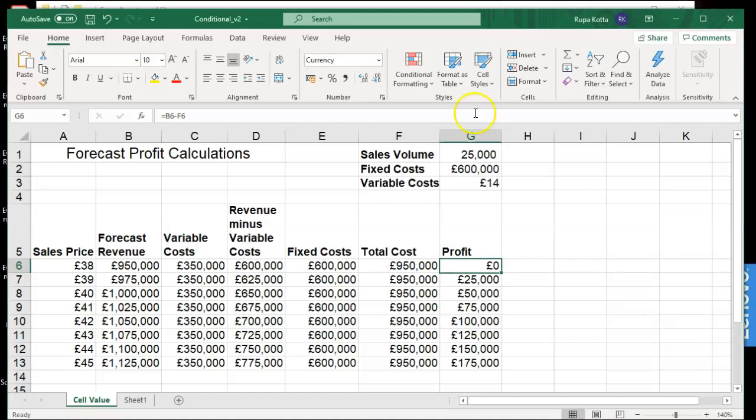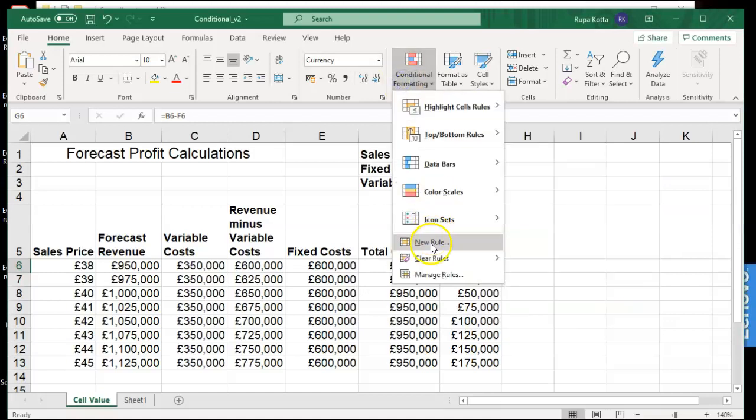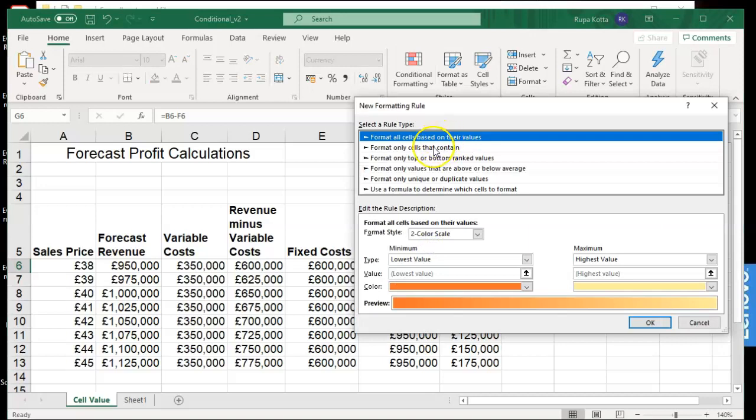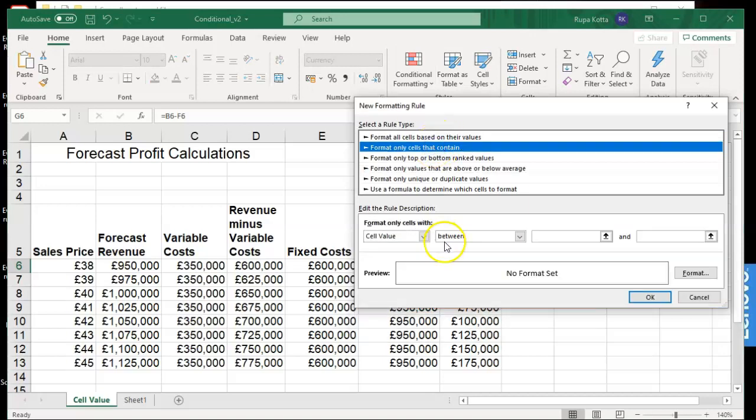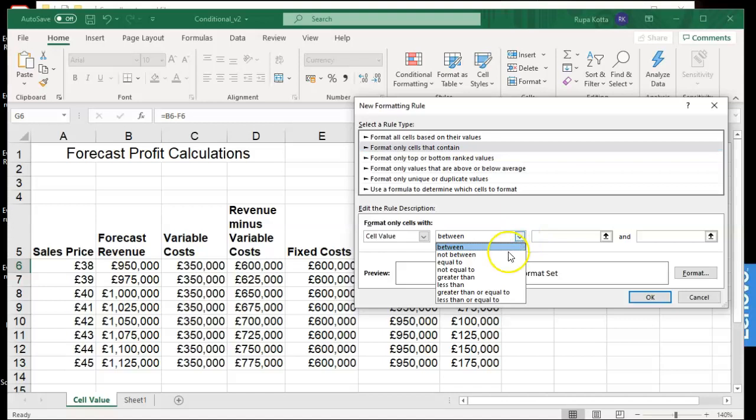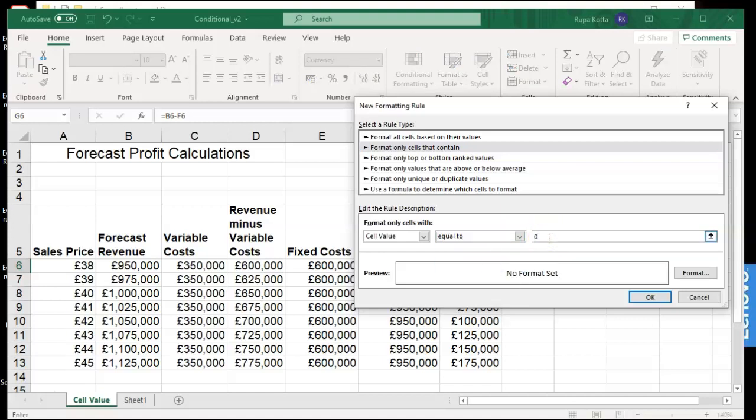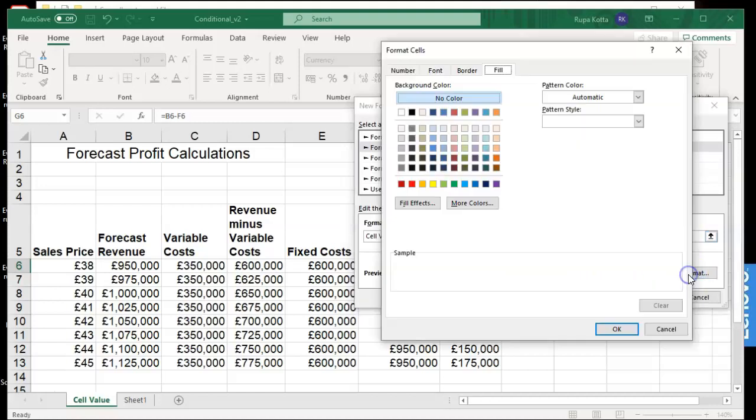Now you want to apply the next rule. So say one more new rule. Format only cells that contain. This time cell value equal to 0 should be in yellow. So click on format and cell fill color to be yellow. You can use any yellow, doesn't matter.